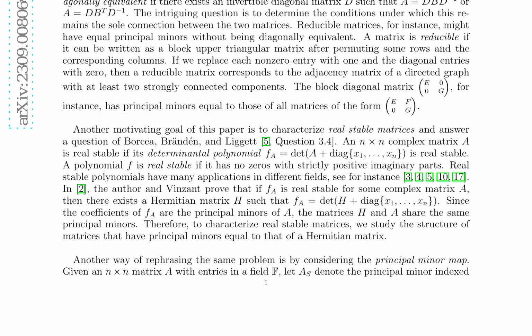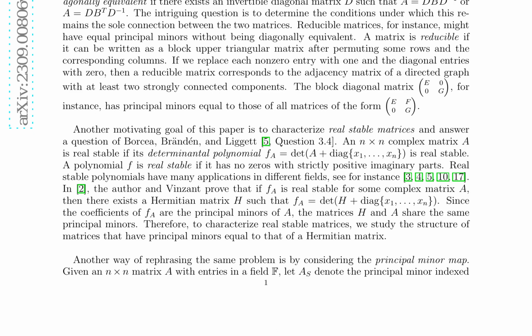to be a point up to diagonal equivalence, improving upon conditions proposed by Hartfiel and Loewy in 1984 and 1986, respectively. Furthermore, the paper establishes a connection between the reducibility of a matrix and the reducibility of its determinantal representation. This connection is used to fully characterize the fiber of symmetric and Hermitian matrices in the space of n times n matrices over any field F. Additionally, the techniques developed in the paper are applied to answer the question of Borcea, Brändén, and Liggett concerning real